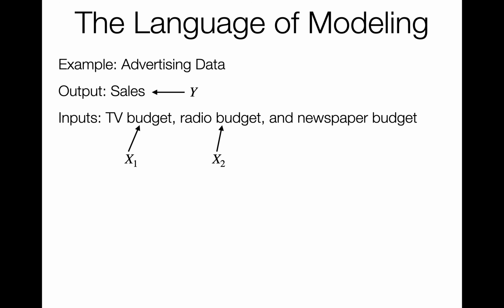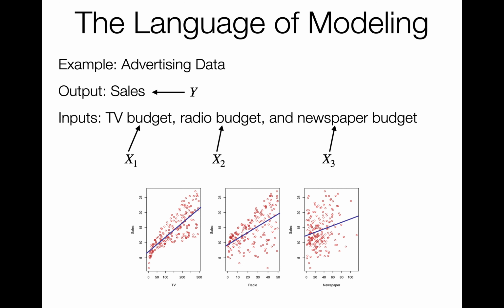Those are going to be my inputs or predictors. And so I give each one of those a sort of mathematical variable, x1, x2, and x3. And then I want to find some relationship between x1, x2, and x3 and the output Y. And so I can do that. And so here's a picture. This is from ISLR, and they go through that. And it's the sales,